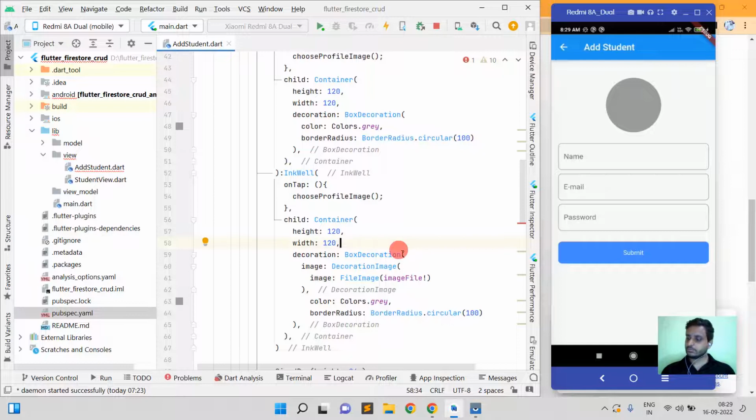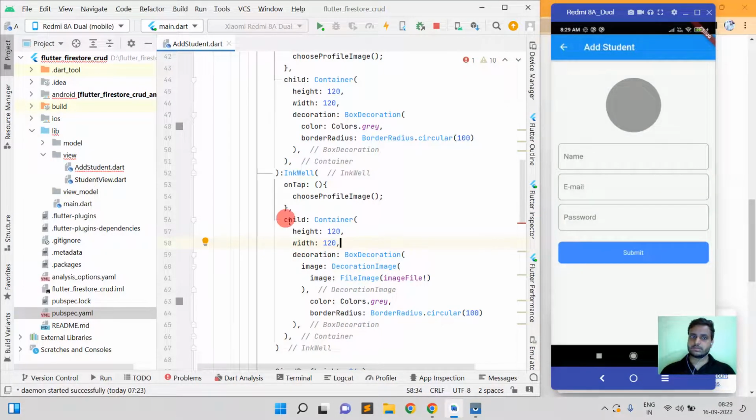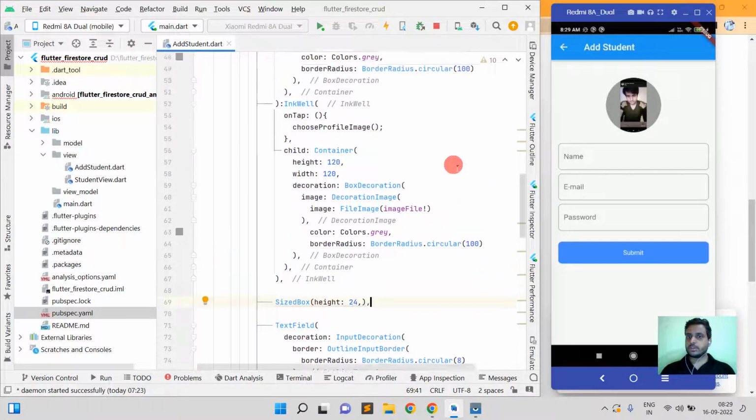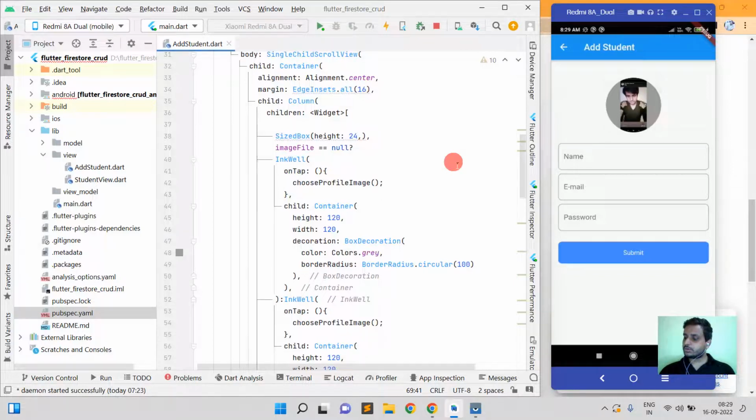Okay, so now I am going to choose any image. Okay, now I am going to choose one more image from here. So you can see the image is displaying here,